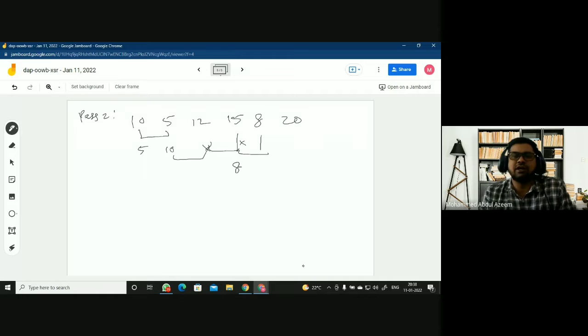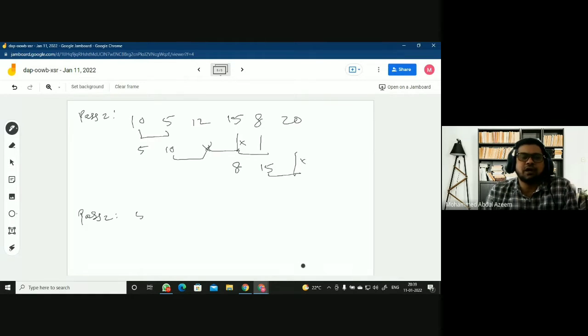So 8 you get and 15 you get. Now when you compare these two, there is no exchange because the previous, 15, is not greater than the next. So this is how pass 2 is done. The elements you get out of this iteration are 5, 10, 8, 12, 15, 20.